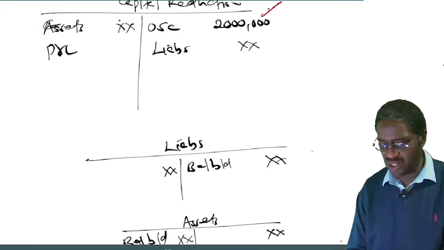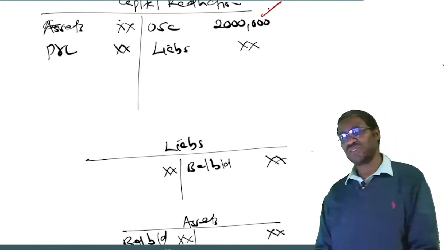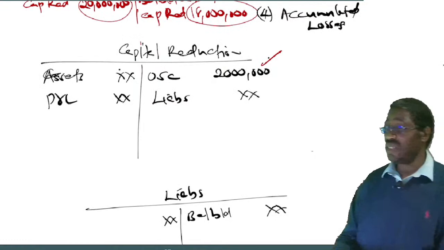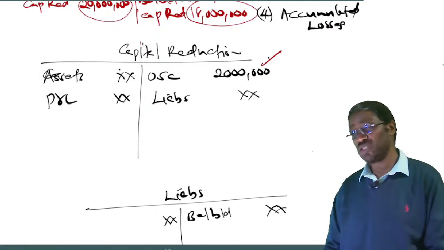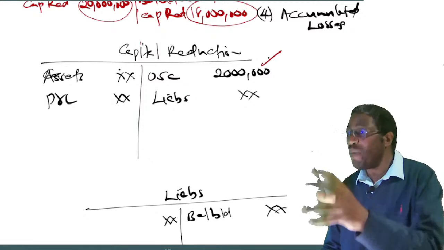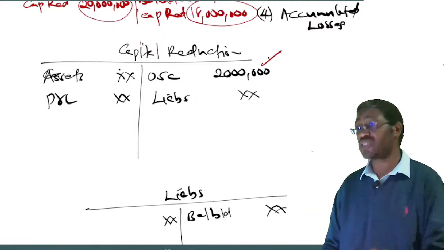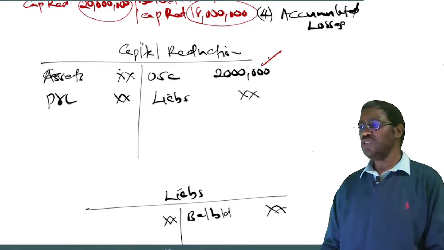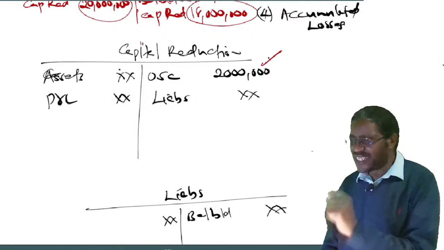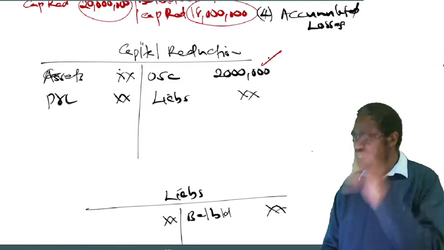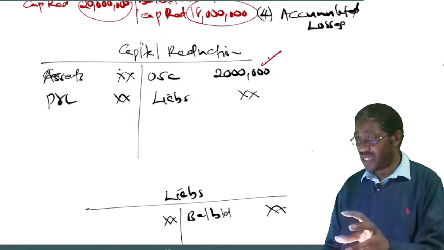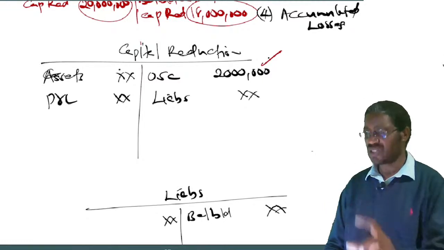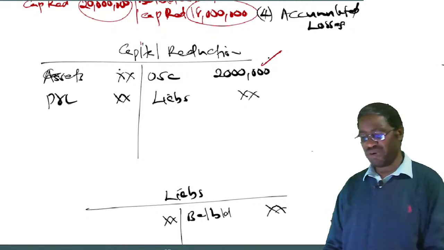Good. So already so far you can see, this account called capital reduction becomes your operating account. It's our operating account. Good. So that's our entry number four, which says, with accumulated losses written off, you debit capital reduction, you credit P&L account. Good. So that's our entry number four. Number five.